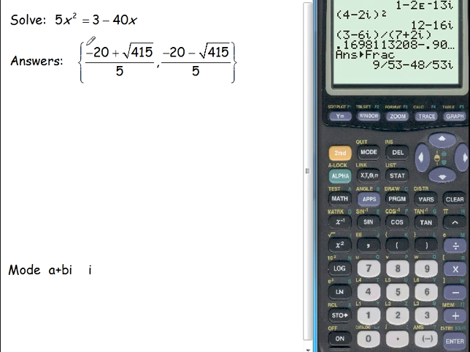And let's review how you check an equation. You take the value of the answer and substitute it where the x or the variable is in the left side and then in the right side, and see if the resulting values of the left side and right side are equal. Well, we're going to do this using complex numbers